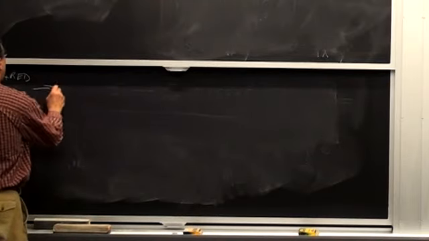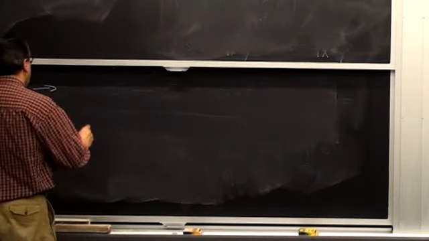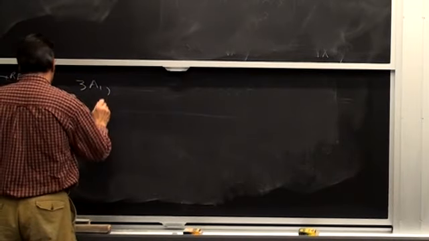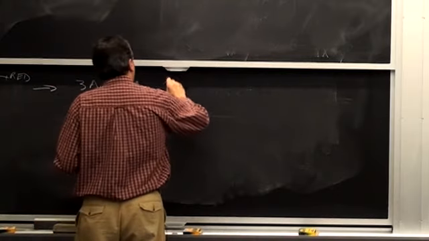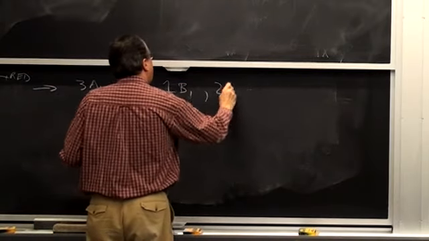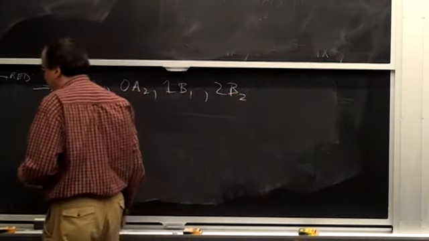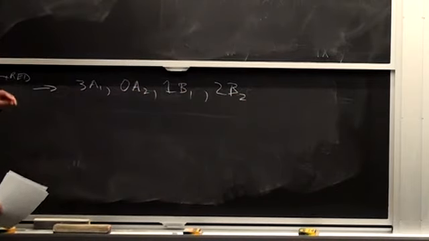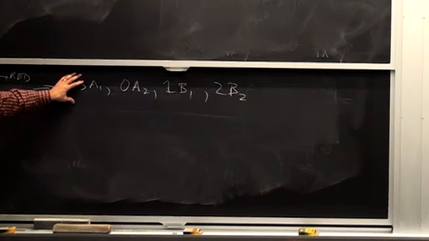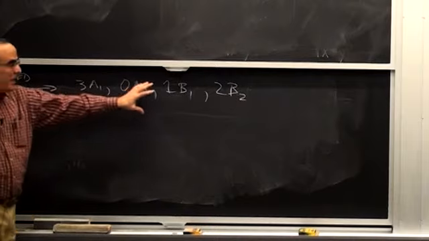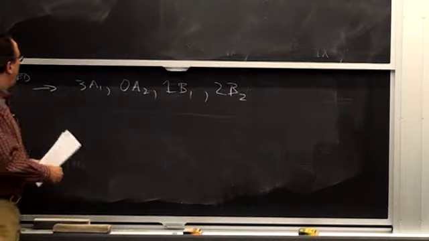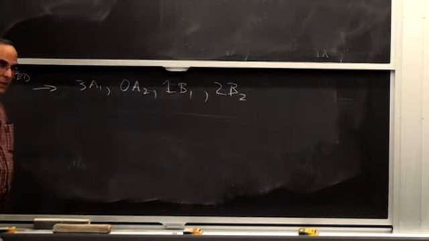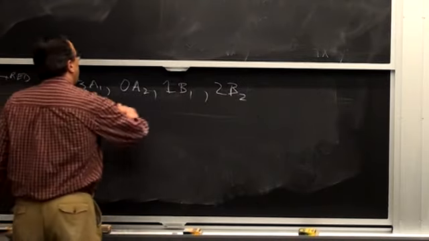And so you do that, and you get 3A1, 0A2, 1B1, and 2B2 vibrations. And this is the same thing you get for the ground state. In C2V, you have the same naming of modes. And so if you go to CS symmetry,